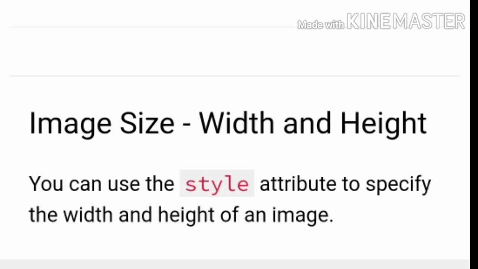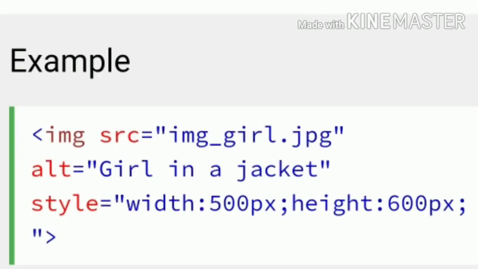In case your user's browser is very slow and the image is not displayed at that time, only the text will be displayed. Output of this program: the image is displayed. The alternative text, the alt attribute, should reflect the image content, so users who cannot see the image get an understanding of what the image contains. This type of image is displayed in that particular format.